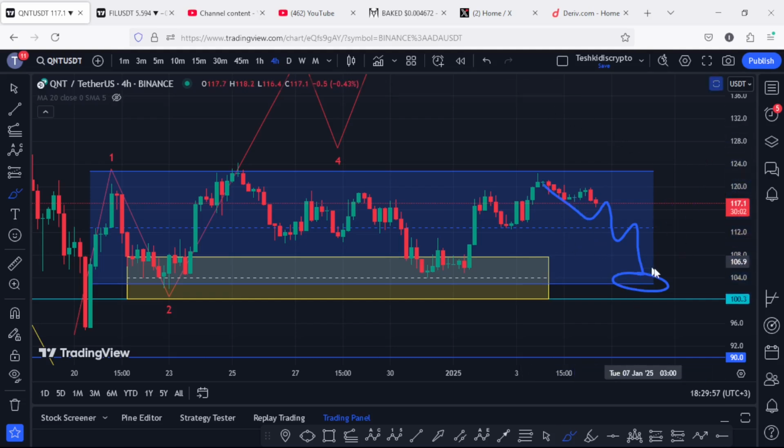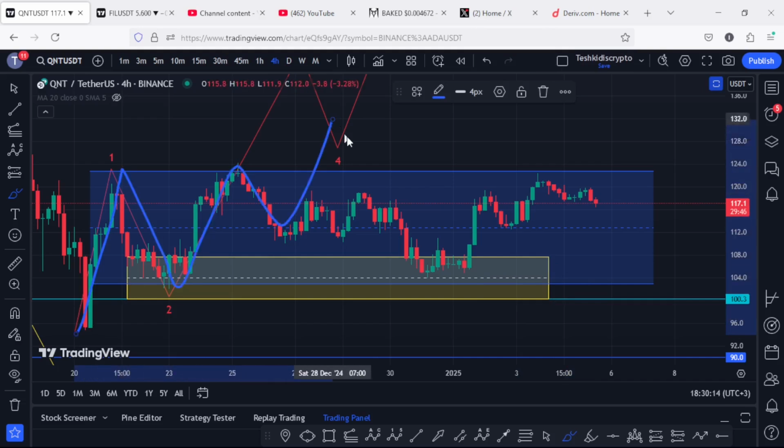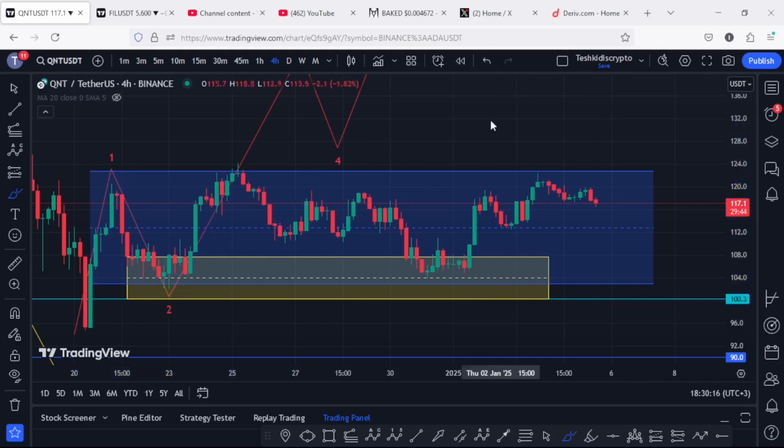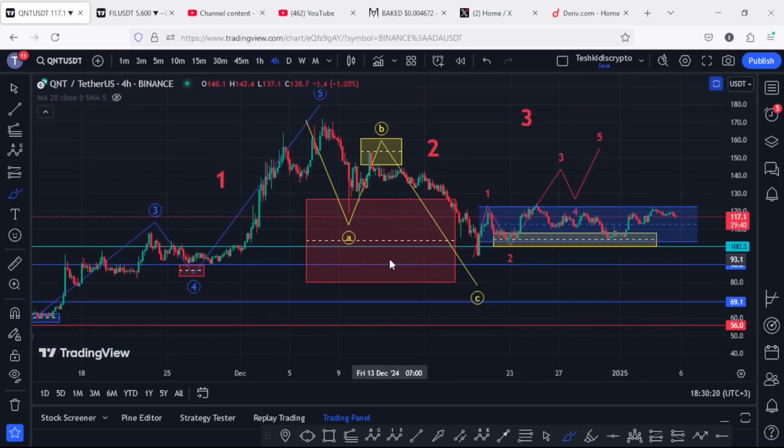But if by any chance we lose, that is, we break out of the channel to the lower side and maybe also lose support within this yellow target area, then that will be suggesting a failure of this ED12 structure and a more bearish case scenario. And for you to better understand that more bearish case scenario, I want to give you a recap of what